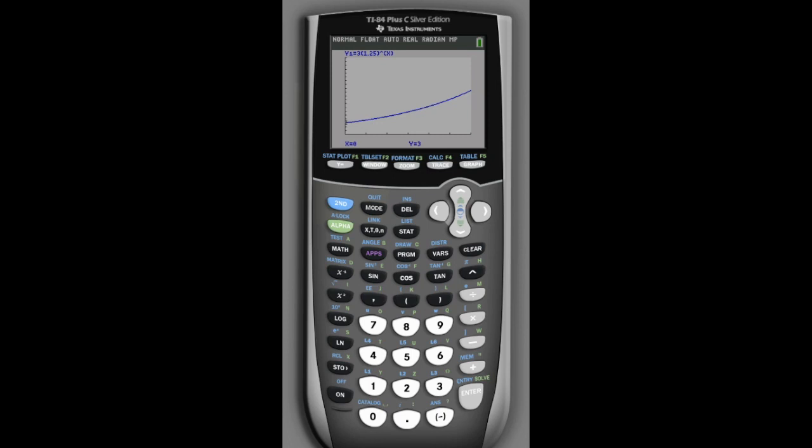Now, during what month has the plant doubled its original height? Well, what that's asking me for here is where is the y-coordinate equal to 6, double the original height here. Now, to get a y-coordinate, I actually have to go back into y equals. And I have to tell the calculator to put 6 in to a different y value here. So now when I graph this,